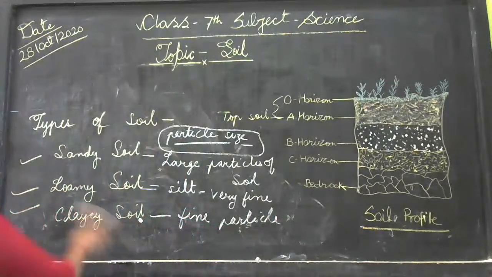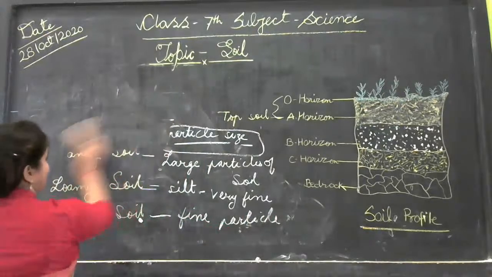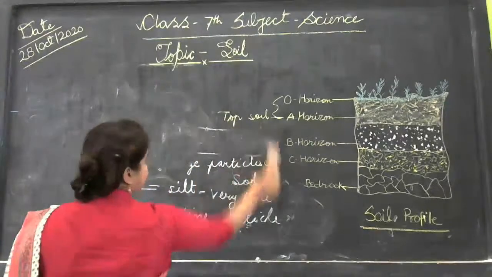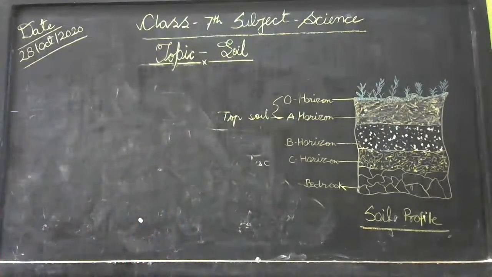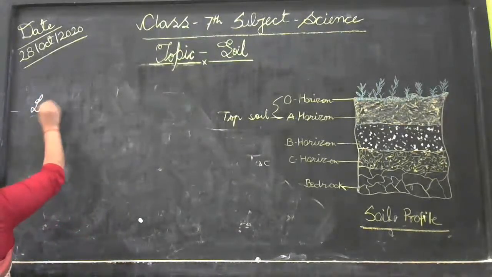Now let's talk about the types of crops which are grown in different types of soil. Okay. Types of soil which are present on different types of soil. Now we are going to read that. Okay, so let me tell you that in loamy soil,